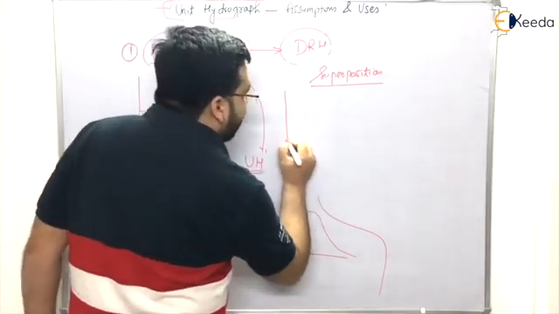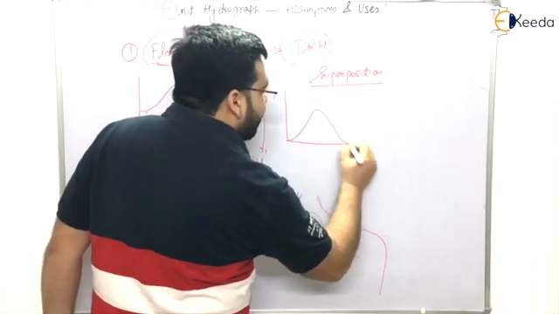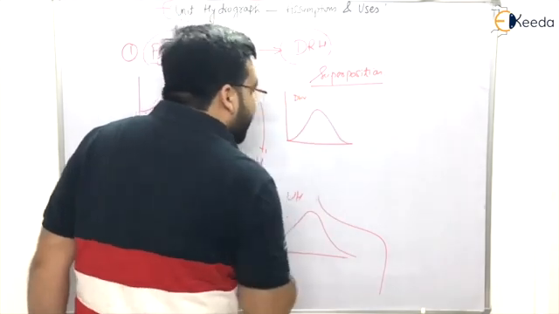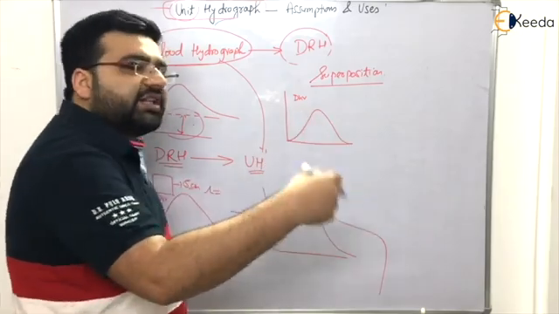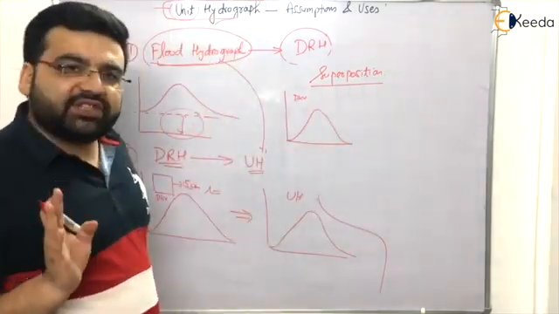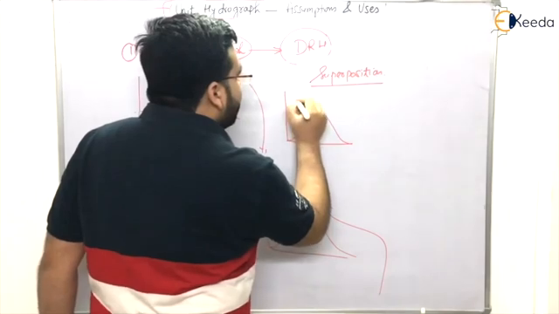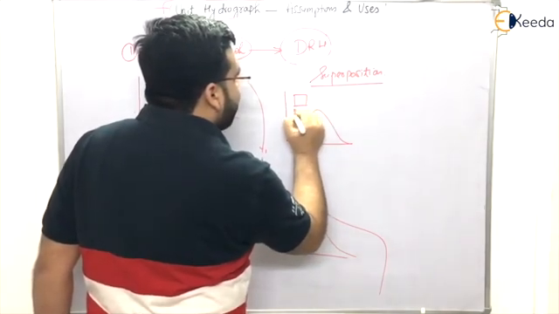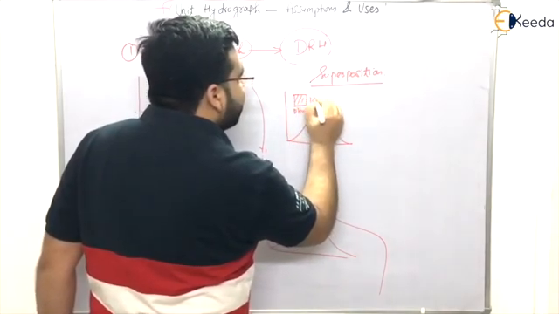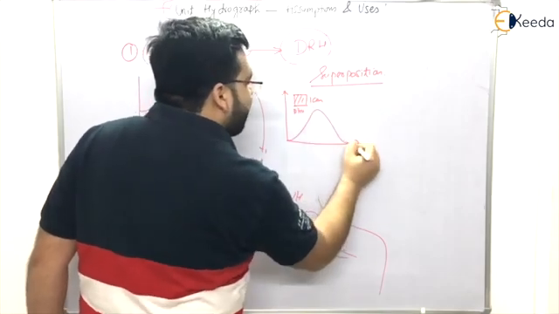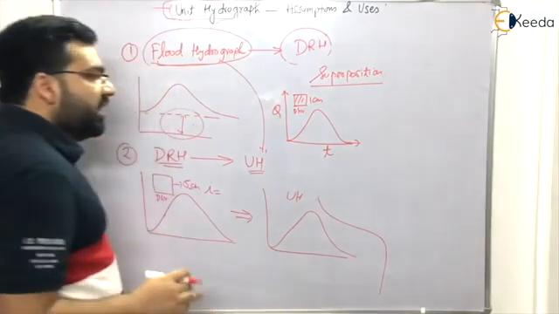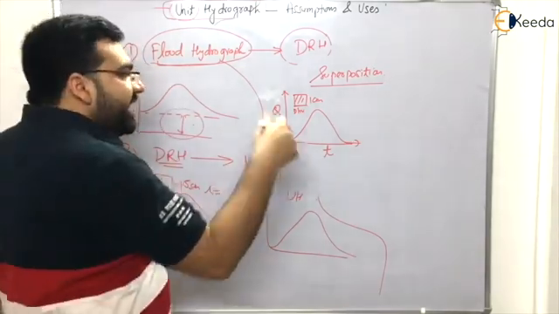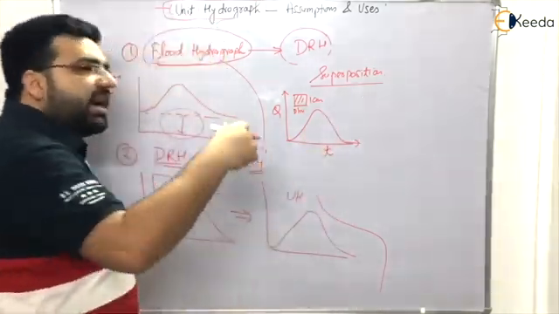Let us say that you have been given a unit hydrograph of d hour duration. Clear? And in the question it is said that after 2 hours or 3 hours or 4 hours, a similar hydrograph is there, right? Let us say this was the unit hydrograph of d hour duration, right? And 1 centimeter. This is your discharge versus time. And a similar hydrograph actually happens, let us say, after 4 hours or 5 hours.